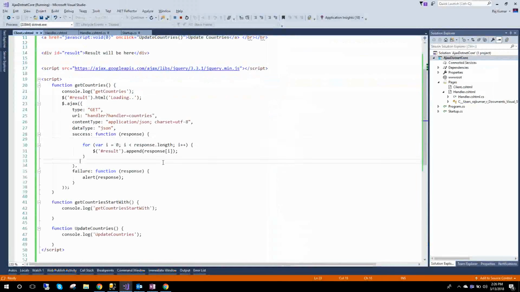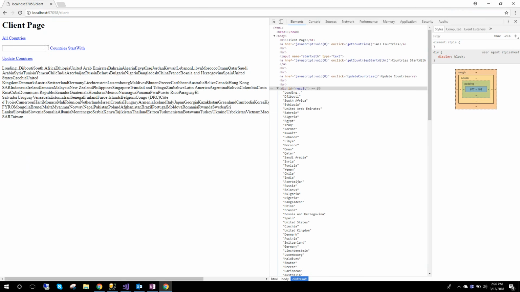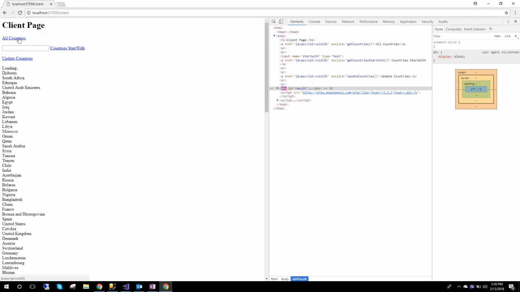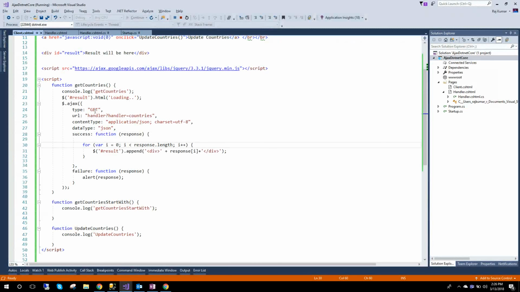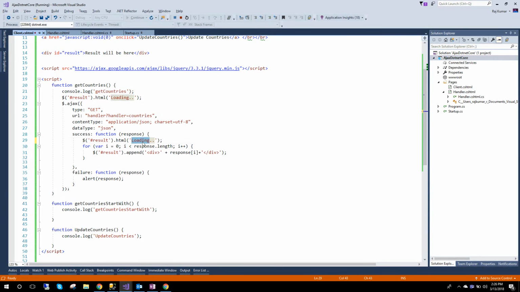But the data is appended as usual. So for this purpose, what we are going to do is add extra elements over there, a div with a string concatenation sign, so that it will be arranged. So I just clicked, and now you can see loading is there. So we also need to remove the loading. For this purpose, we have to set something like a header, and I'm going to write All Countries